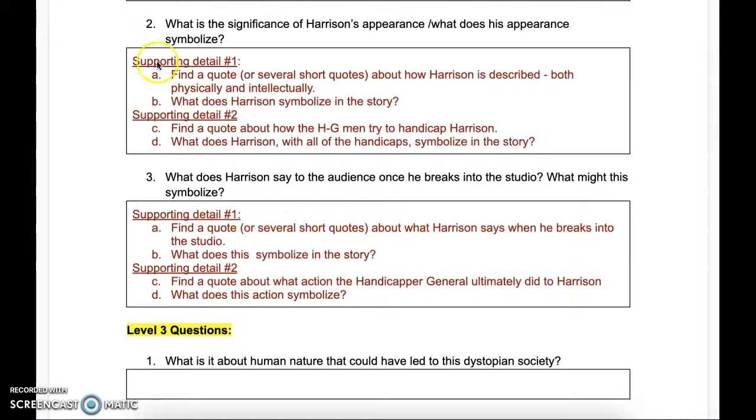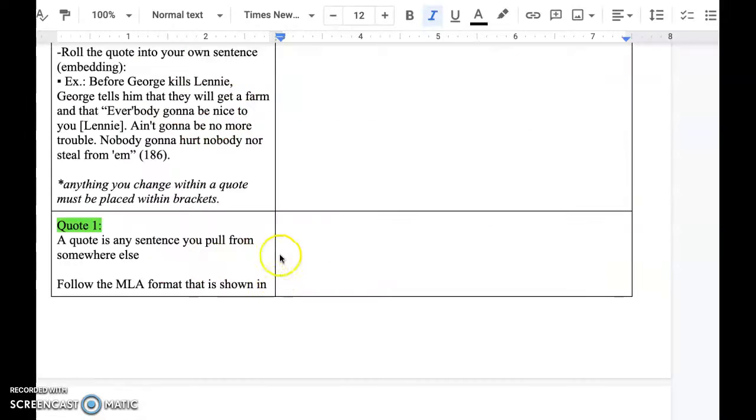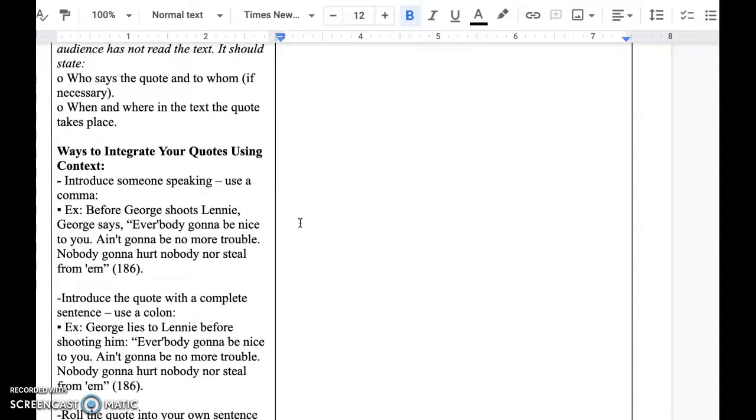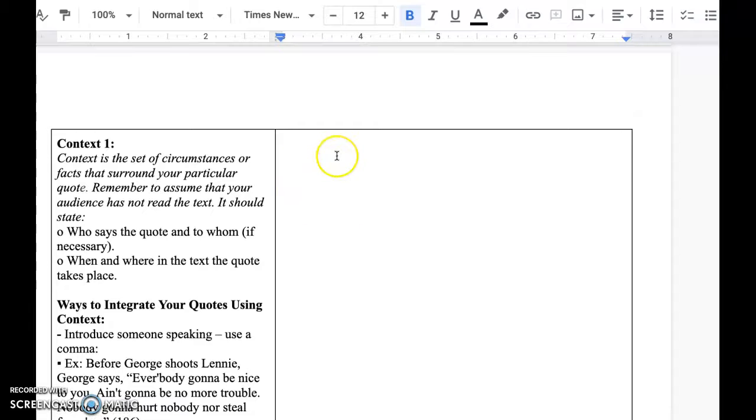So if you did question number 2, you're going to get your quote from here, because this will be your first quote. If you did question number 3, you're going to come back here and copy and paste your first quote. You have already copied it from the last assignment, and you will paste that quote right here.